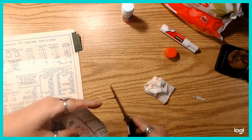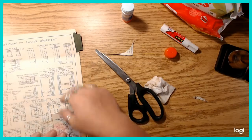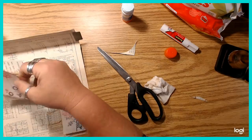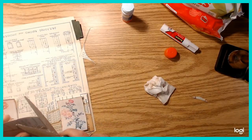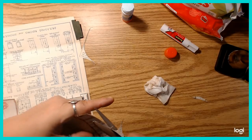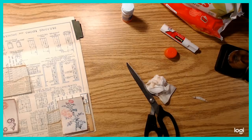Just because that's what I like to do. So there's my bottom pocket. Oops, I think I switched them. That's okay. Okay, and then that's my top. Okay,